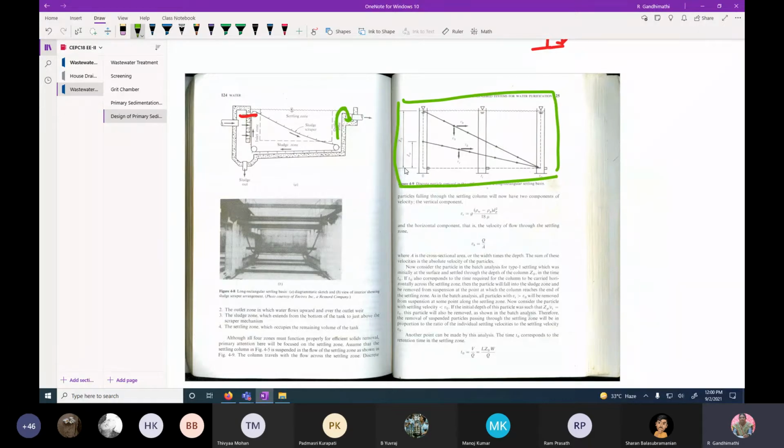flow, whatever things we have studied in the previous one is with the batch study. Batch study means there is no movement of the flow. That means there is no mass transfer across the system boundary. There is no inlet for the flow to the column, and there is no outlet, it is like a batch system. You are just keeping the water for certain time, then you are observing all those things. Whereas in a continuous system, there is a continuous input to the unit and then there is an output. That is called the continuous system, or we can say that there is a mass transfer across the